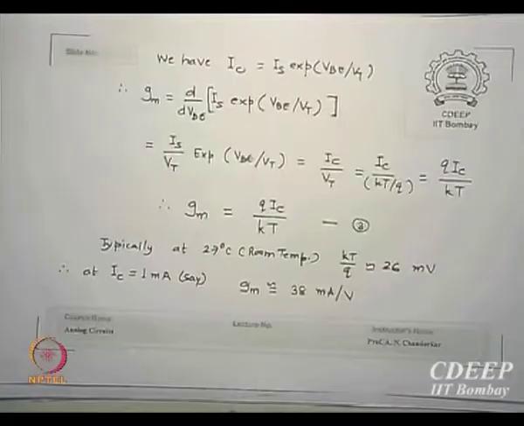On the contrary, we may have worries because temperature will keep rising, and because temperature is rising, your gm will start falling. That means gain will start falling, and that's my major worry. So I must control my temperature as much as possible. Is that clear? That's the worry we have. Okay. Coming back to